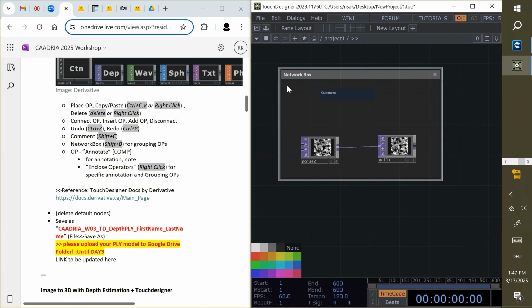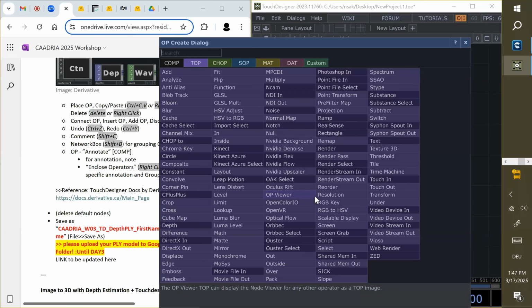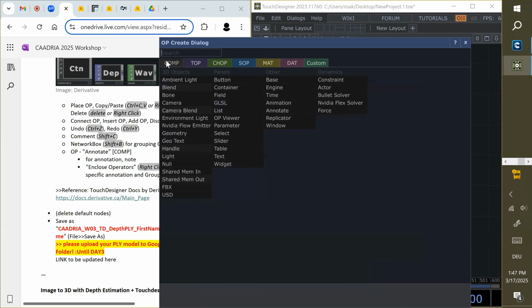And similar to network box and comment, we also have a similar node, including networking and comment. You just double click again to call the operator create dialog and go to COMP. And there's annotate here.